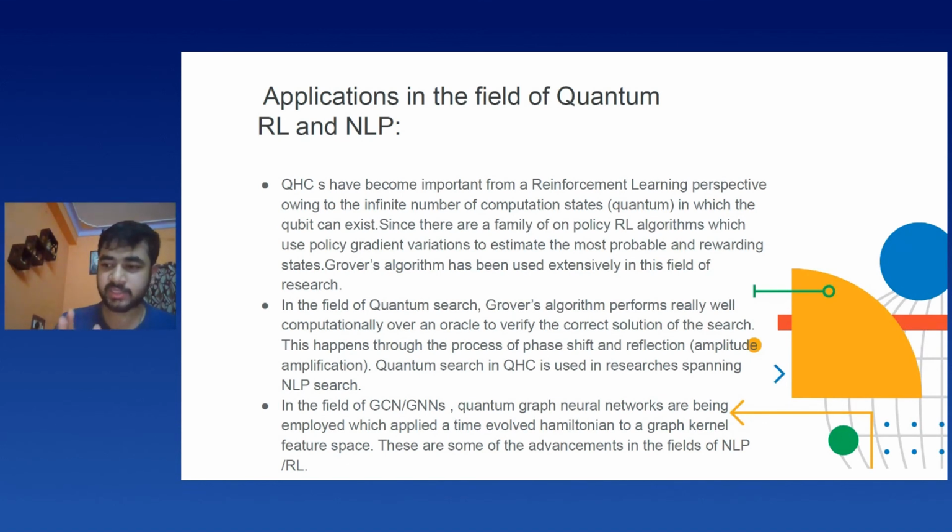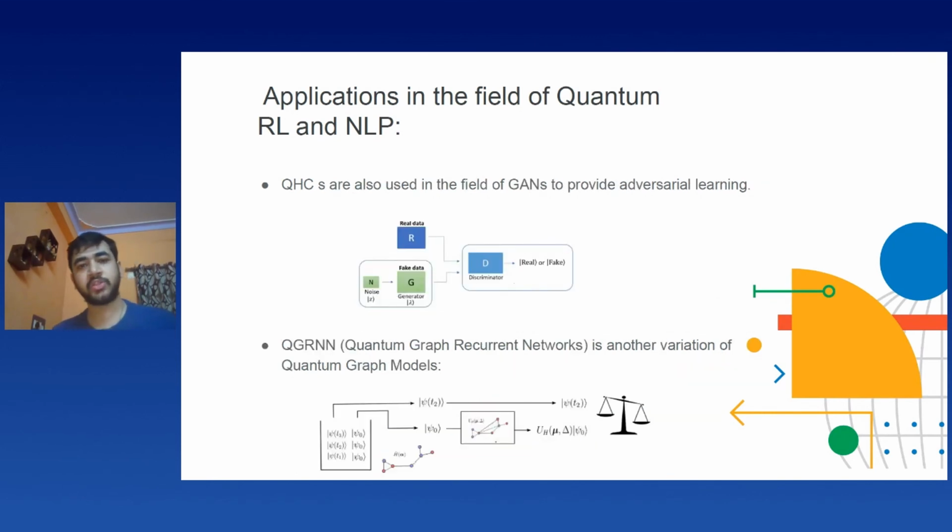The reason it is still under research is that quantum GNNs are very hard to stabilize, because graph neural networks themselves have a huge number of nodes and a huge embedding space. If we combine quantum embeddings or quantum graphs on top of it, it becomes a little difficult to tackle. That being said, there are also applications of these variational circuits in GANs, where we try to predict whether a particular label is fake or real, in the case of image classification. So QHCs are used almost everywhere.